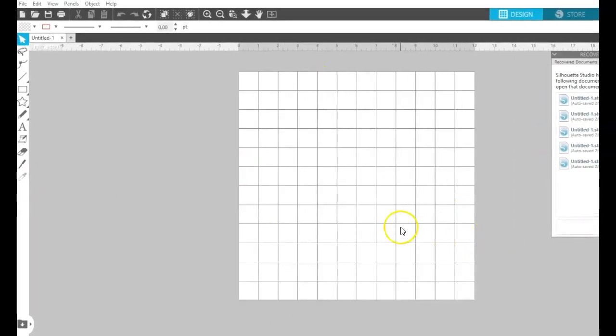All right, so we're here in Silhouette Studio Business Edition. We're just going to make a simple rhinestone template